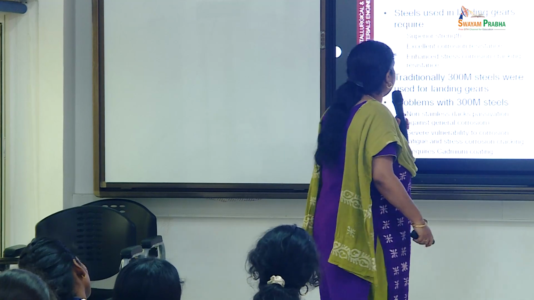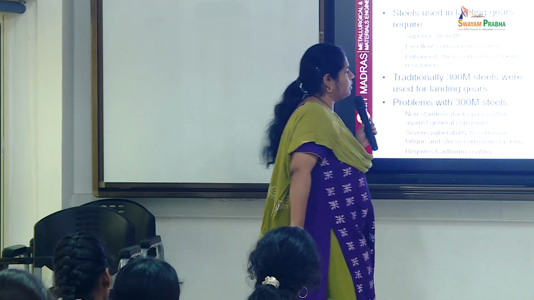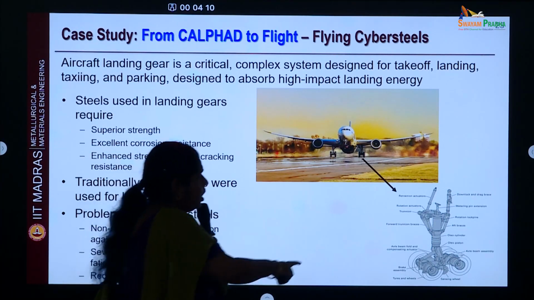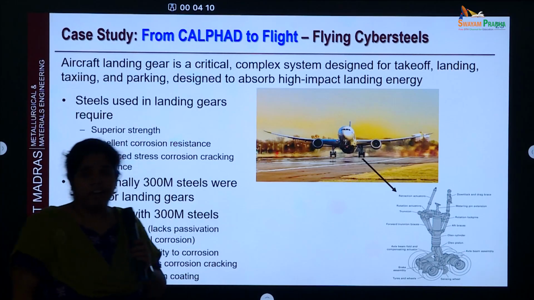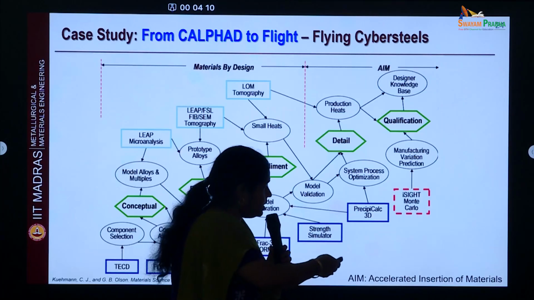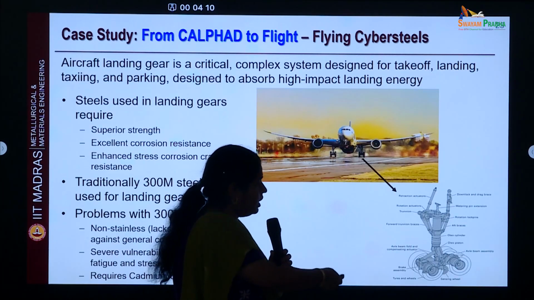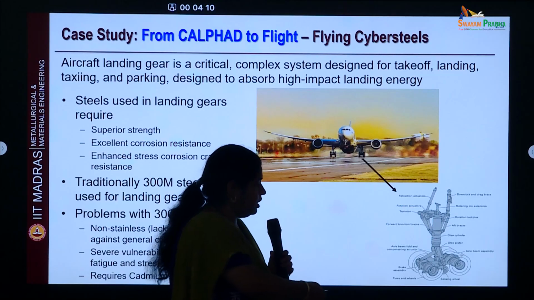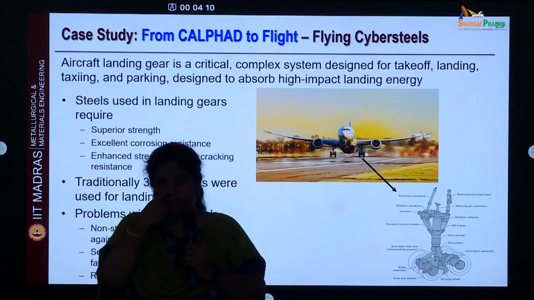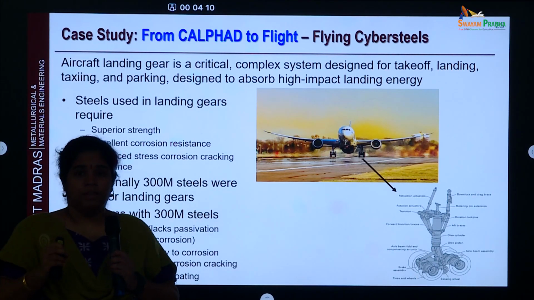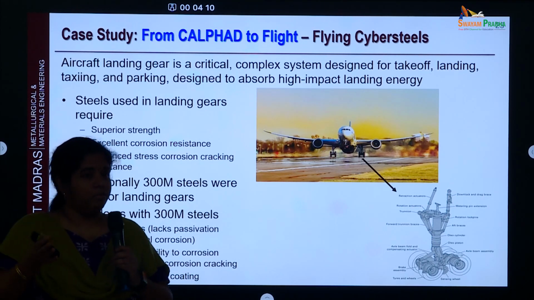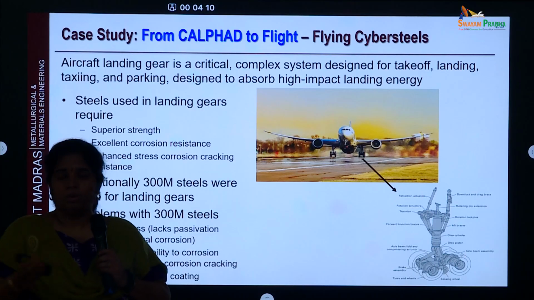Now, aircraft landing gear is a complex system. Look at the number of components here in a landing gear. This is the total schematic of a landing gear. And what we are going to design in this case is this gray portion, because these are actually polymer wheels, right? The structure that is going to hold the wheels, we are going to design a material for that. One, it should first come out at the right time, no? That material should not corrode once it comes out, oxidize and so on.